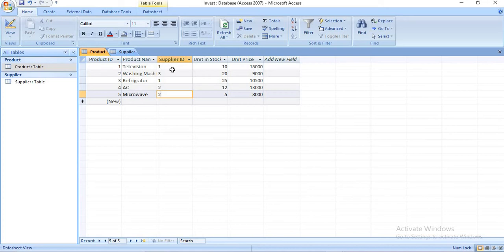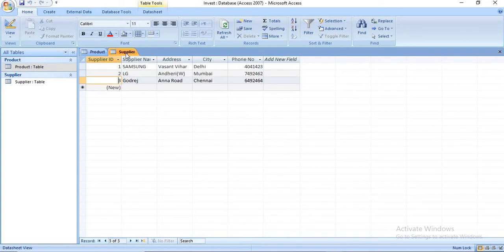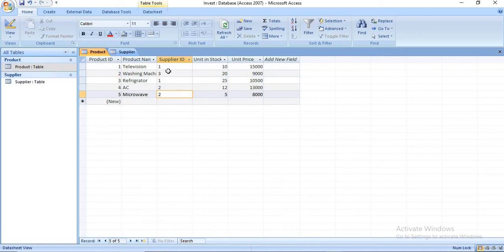In the same way, I just remove the S00 and the other part will be the same, because in the supplier table the IDs are 1, 2, 3. If the IDs are 5, 6, 7, then here it will be 5, 7, 5, 6 and 6.